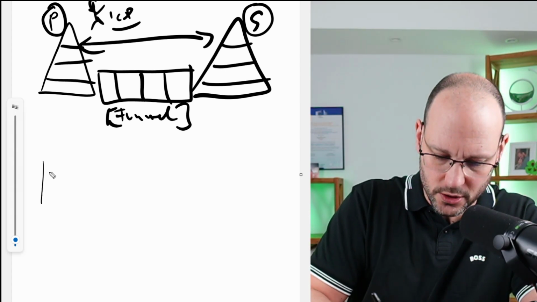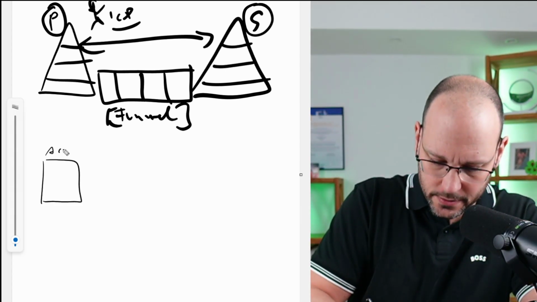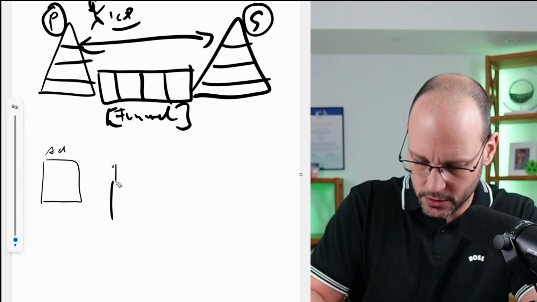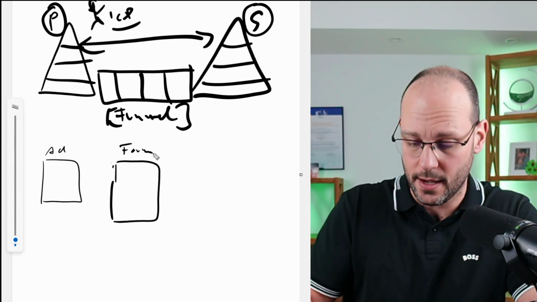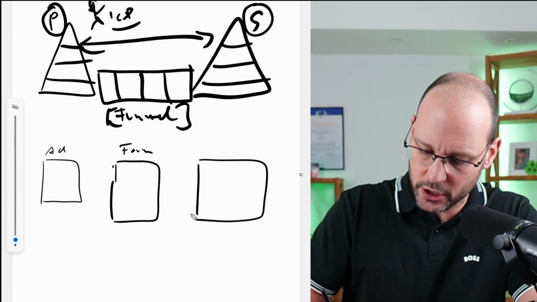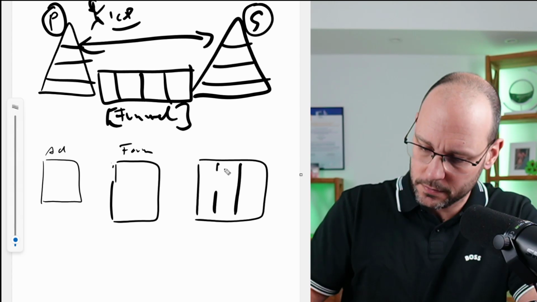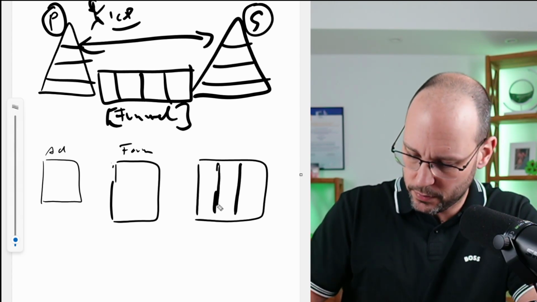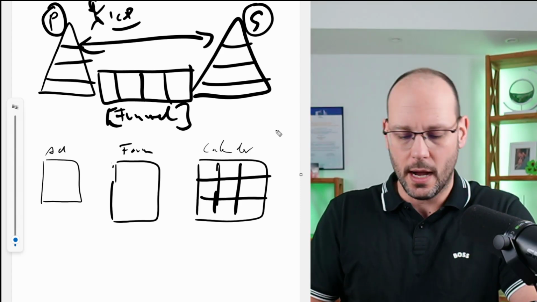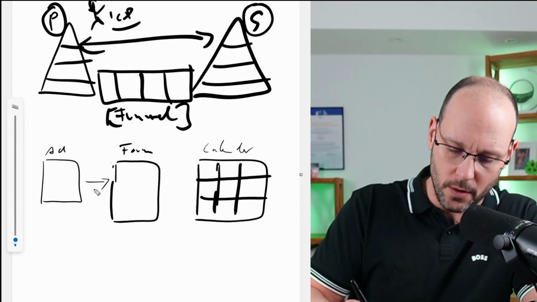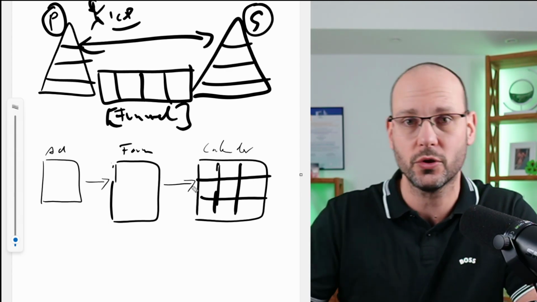The first thing you need is obviously an ad. The second thing is you need to have a form so people can sign up. And the third thing is optional. It is actually a calendar. Now, obviously you bring traffic from your ad to the form and from the form to the calendar so